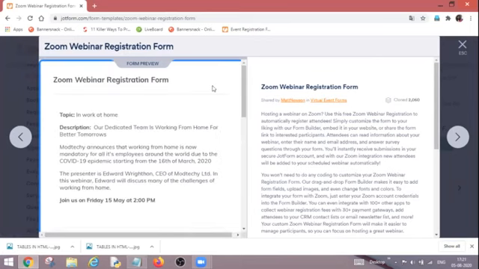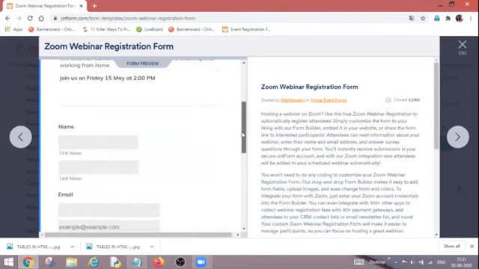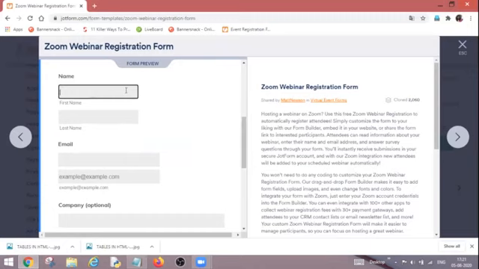Now, at the start of the form, they are giving information related to their online webinar. After that, they are asking us to fill in the details. First they are asking to enter your first name, last name, email address. As you can see, once I click here to fill my name, I get a cursor inside the box. Similarly, here also, once I click, I get a cursor inside the box so that I can type my first name and last name. These fields are known as text fields. That means I can enter text there.